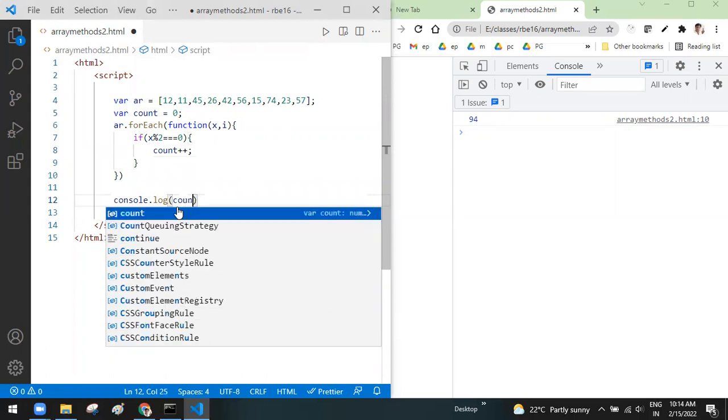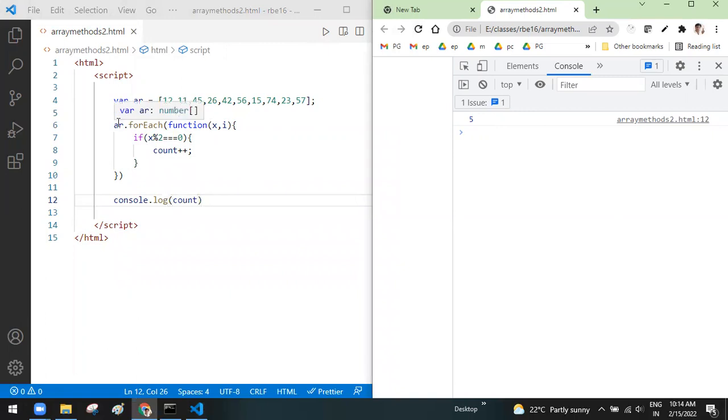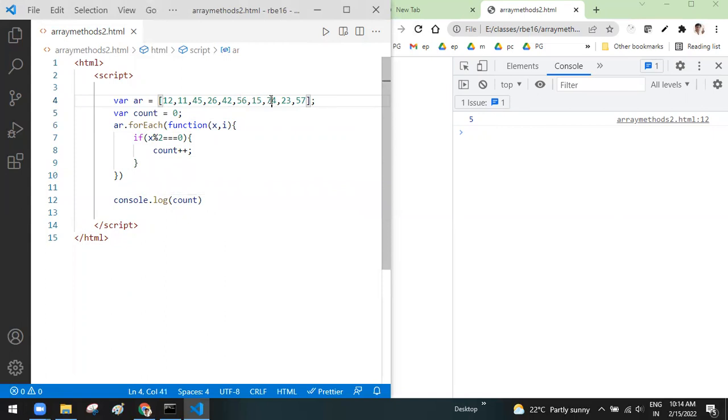So finally I can get how many even numbers are there: 12, 26, 2, 3, 4, 5. That's it, correct. So my computer is working okay. So what is next? Like this, you can make use of forEach to iterate over each and every value of the array. Is it understood? Next, there is one more function called